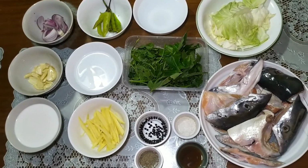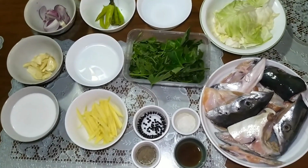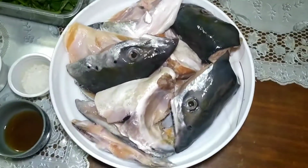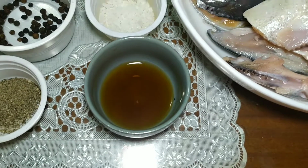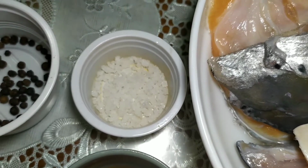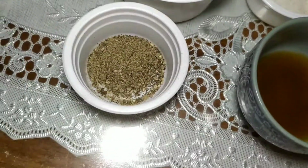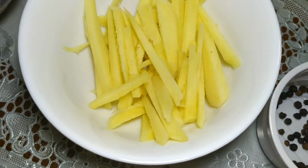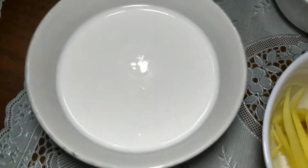Here are the ingredients that we will be using in making a coconut salmon head dish. Ginataang ulo ng salmon. So, a kilo of salmon head, 2 tablespoons fish sauce, 1 teaspoon of rock salt, 1 teaspoon of peppercorn, half a teaspoon of pepper, 1 medium-sized ginger, a cup of coconut milk,